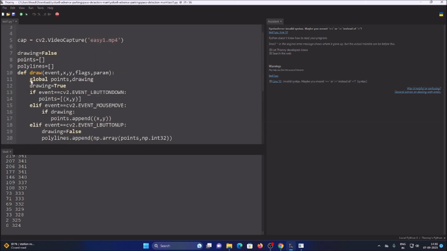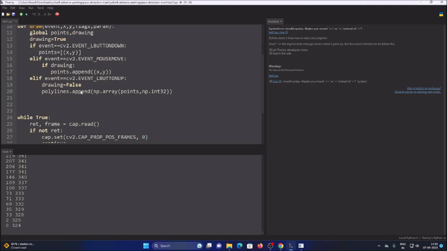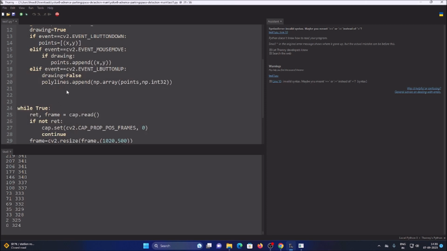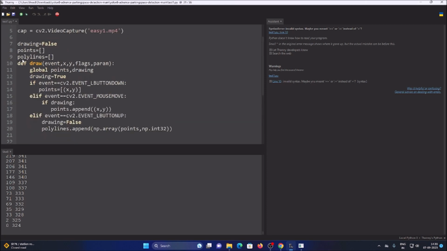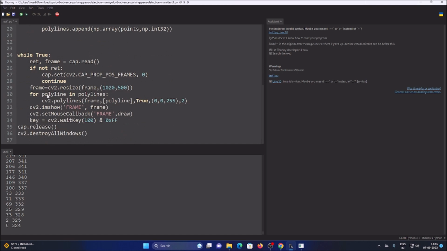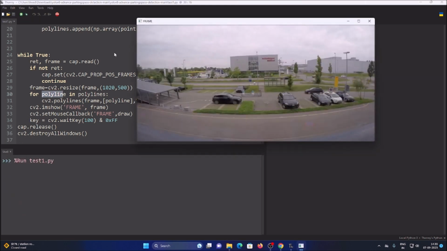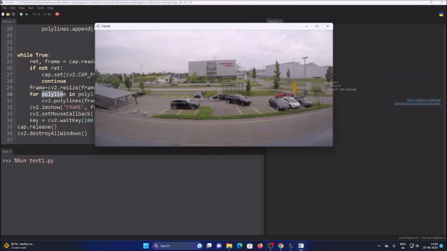So we have here polylines. With the help of polylines.append np.array points np.int32, we are saving the points inside our polylines list. So simply we are going to create here for loop for polyline in our polylines list. We want to mention cv2.polylines frame polyline, this polyline, and we can simply draw a polyline. So let's just save the code, and if I run the code,